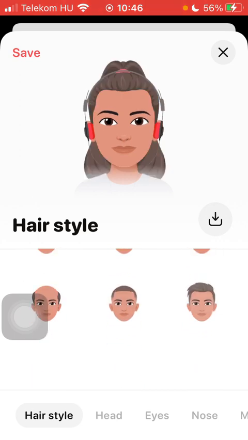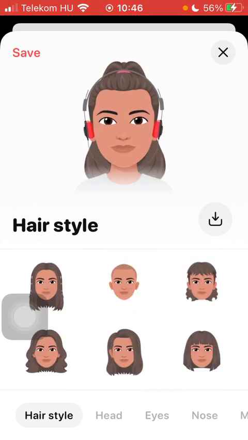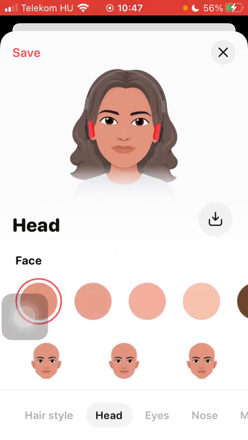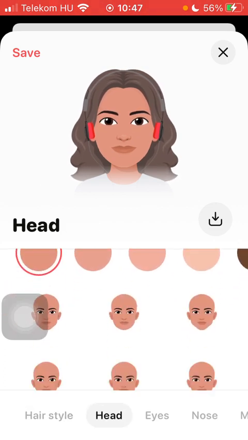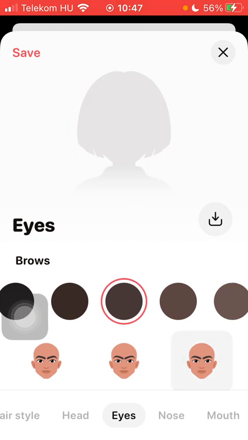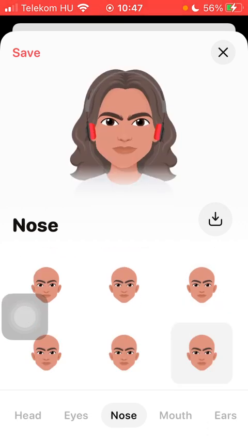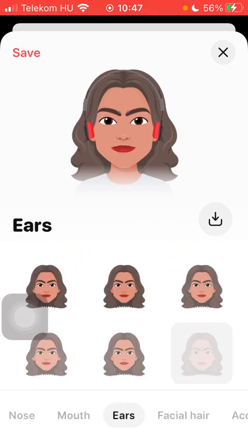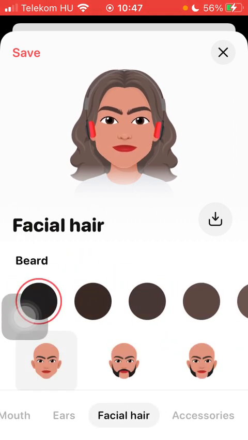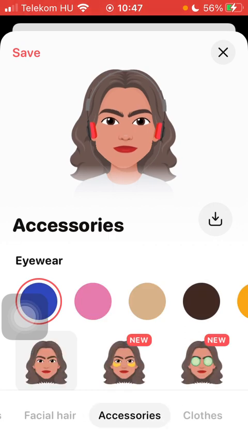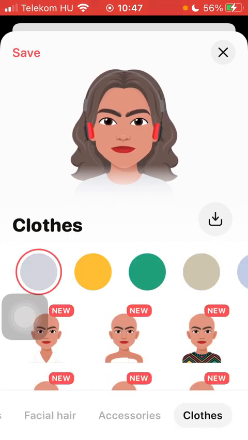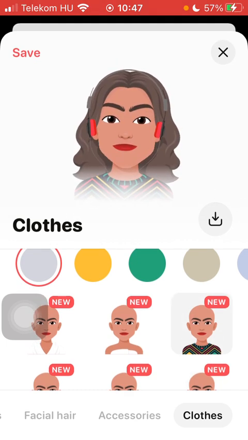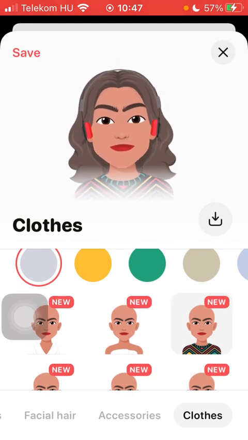Tap on the relevant one that you would like to select, and after that click on this head button where you can select the shape of your face. Then your eyes, your eyebrows can be selected, as well as your nose, your mouth, your lip color, then your ears, your facial hair if you have any, then your accessories can be added, and finally you can select your clothes, so your outfit. So tap on the relevant ones, and when you are done, click on the save button